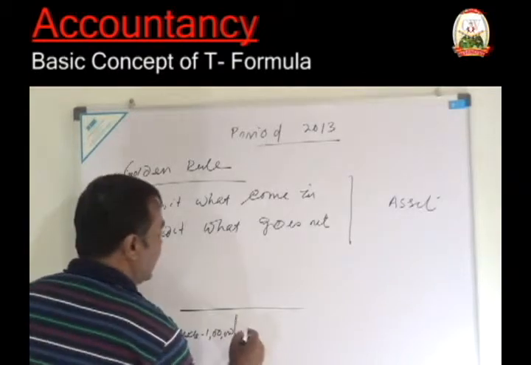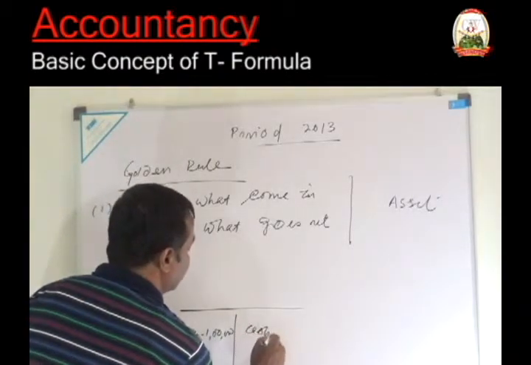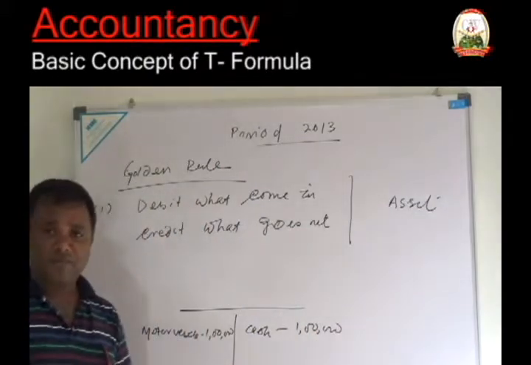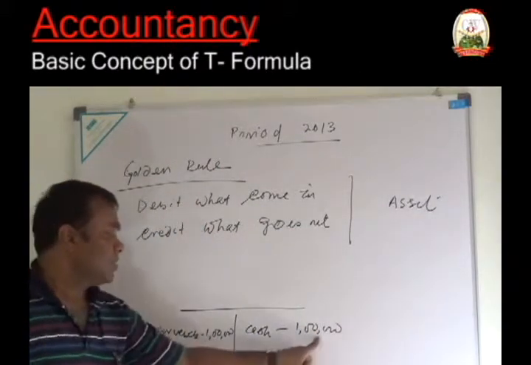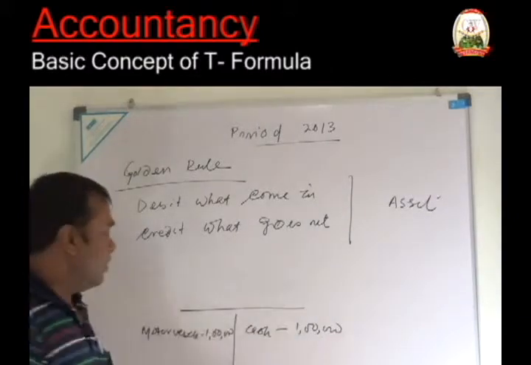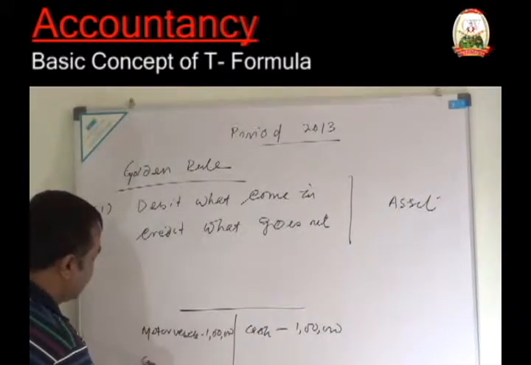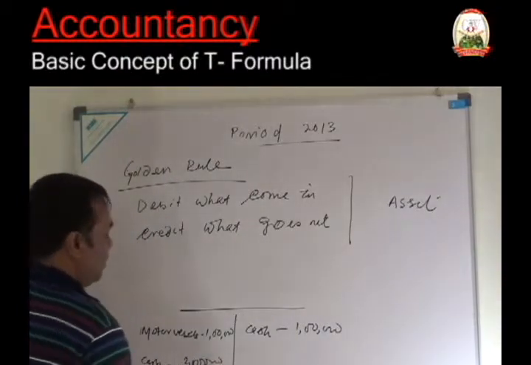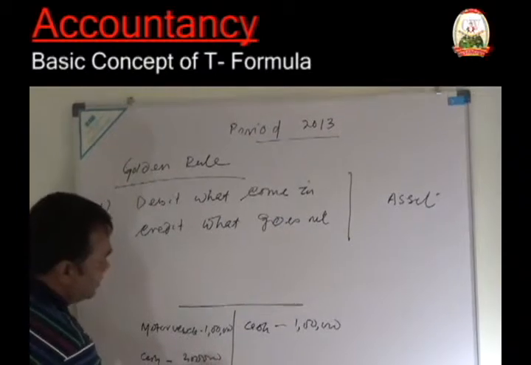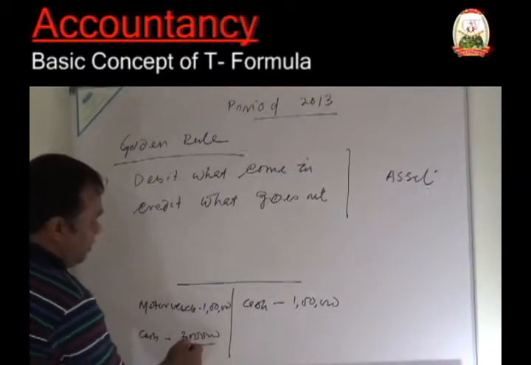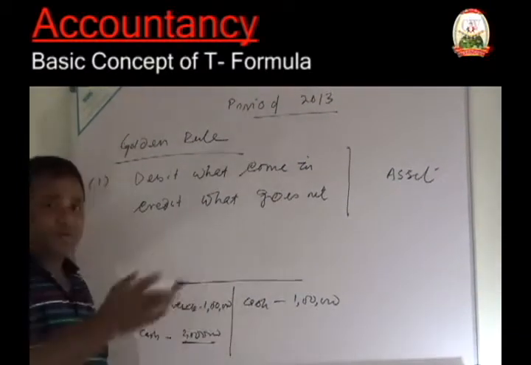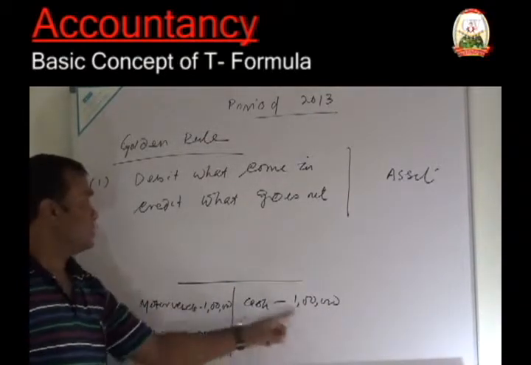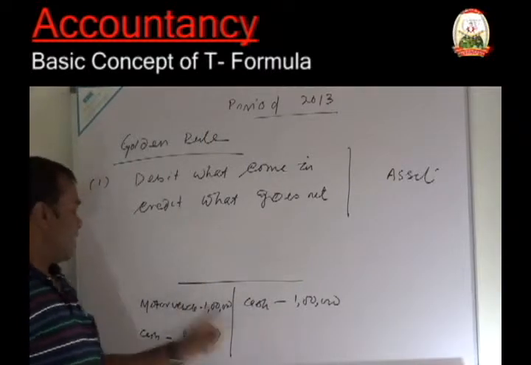Ultimately, it is negative cash balance. That means cash goes out. Cash goes out of your hand. That cash comes here. Ultimately, suppose you are having cash balance, for example, 2 lakhs. From 2 lakhs, 1 lakh cash goes out of your hand. That the cash goes out of your hand, that means what goes out, for which you credit cash, and debit